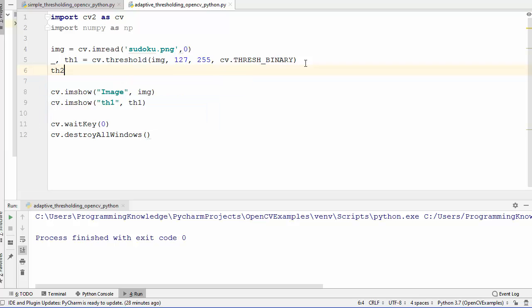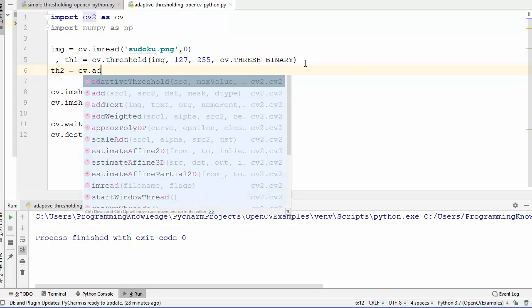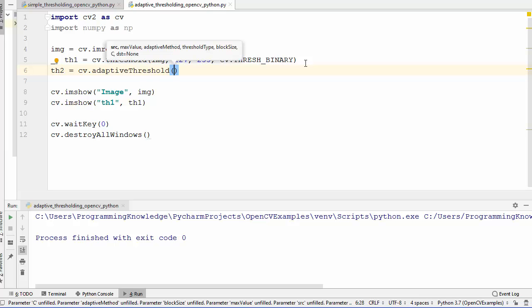So here what I'm going to do is I'm going to declare a variable called th2, and then we use cv.adaptiveThreshold. So this is the method which we are going to use for performing adaptive thresholding, and this takes few arguments. So first is the source. So our source is the image variable. Now the second parameter here is the max value. So the max value is the non-zero value assigned to the pixels for which the condition is satisfied. So in our case, the maximum value which we can provide to a pixel is 255, and we cannot go